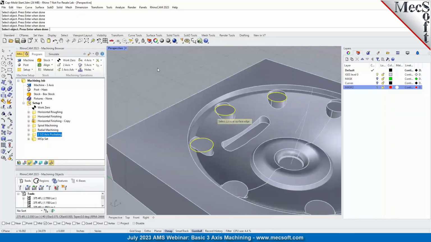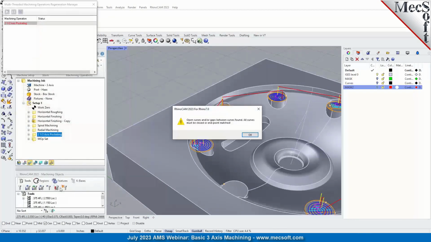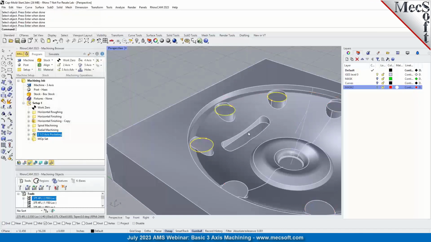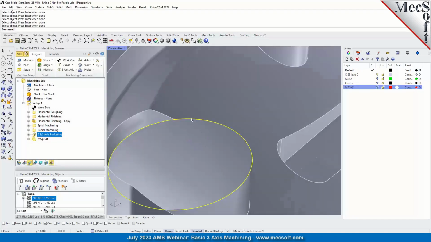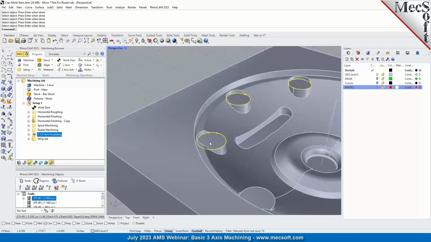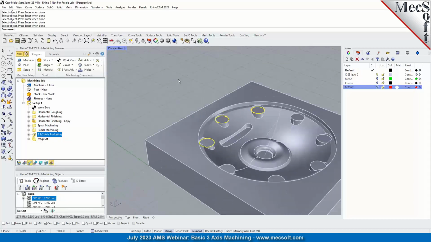Okay. So let's just do those and we'll generate that. So say this got open loops. Okay. Let's do that another way. Let's go ahead and create the curves. We're going to go ahead and